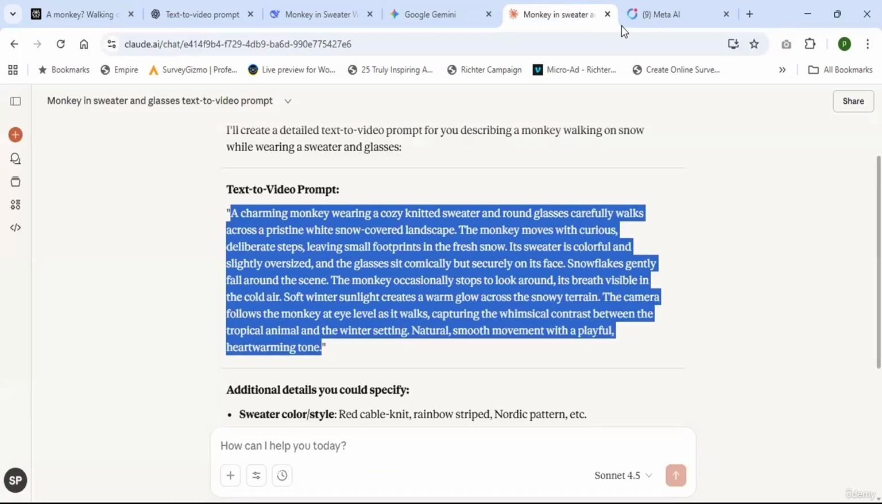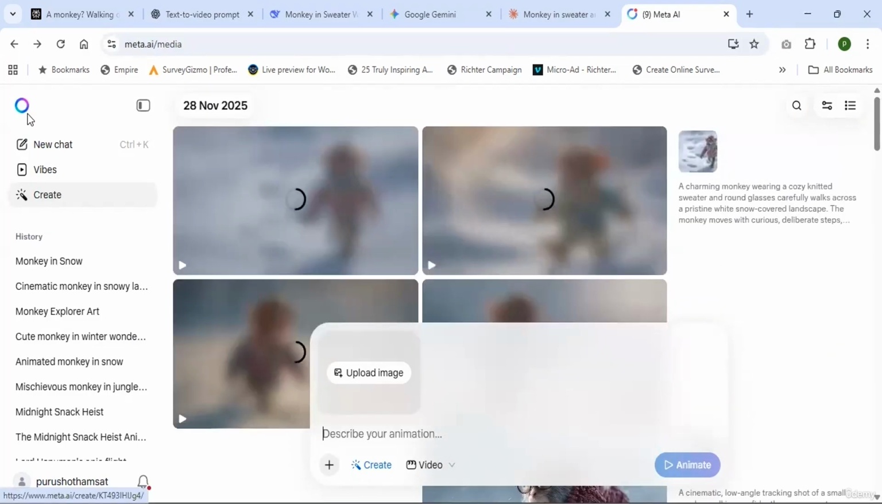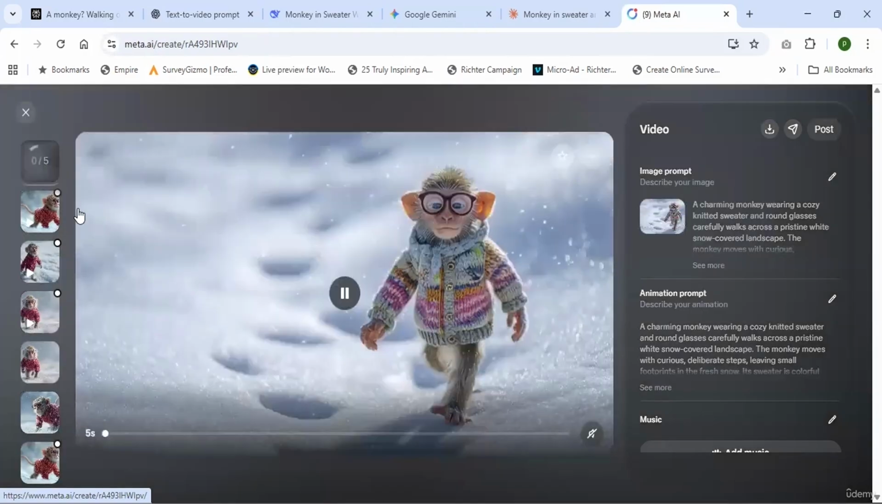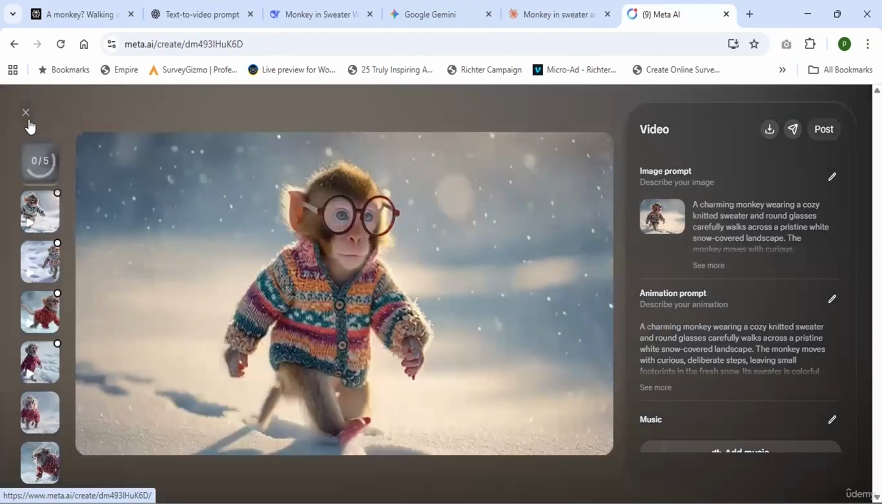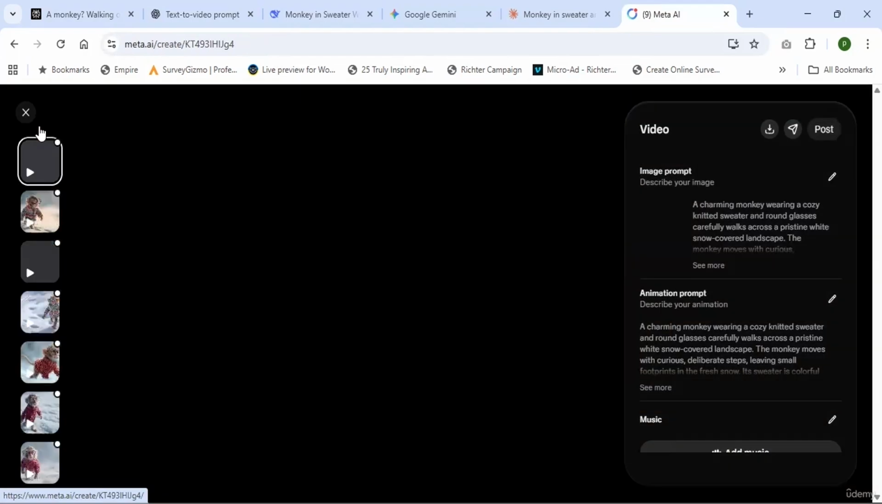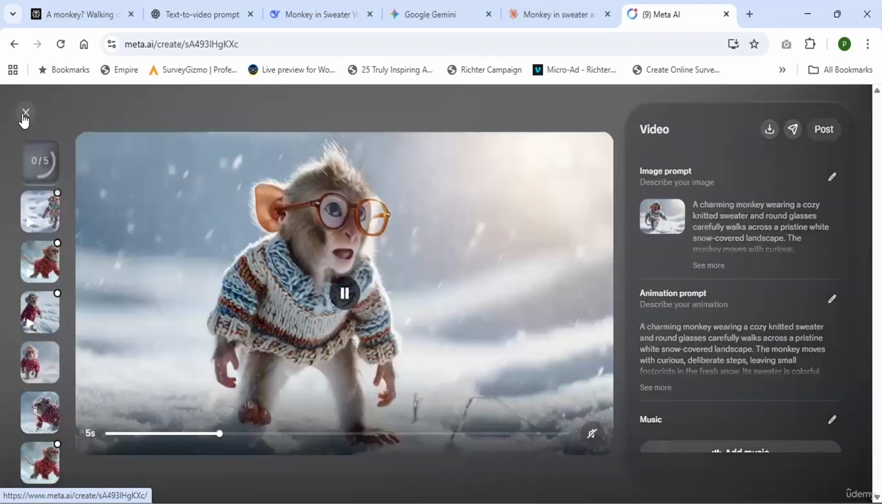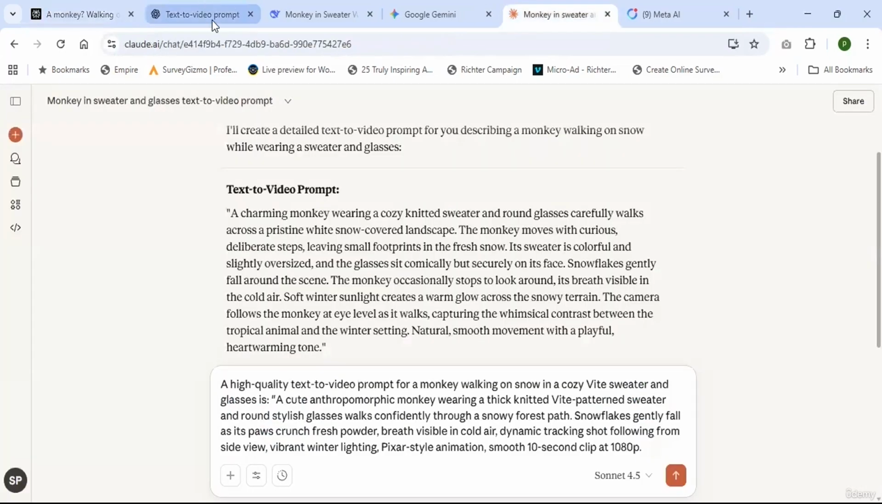Let me try with Claude AI. See, this is generated by Claude AI. This is nice. And finally, I will combine all these prompts